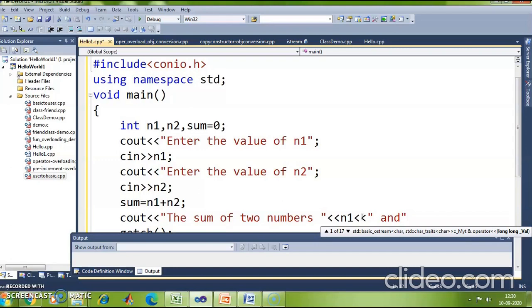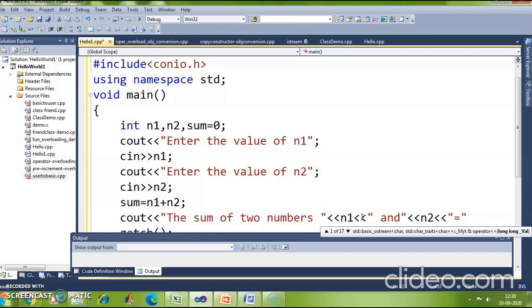So, I will put an insertion operator and mention the variable name whose value has to be printed. So, I mention here n2. Now, I need to also print the sum, right? So, I will put an equal to operator. Okay. So, the equal to operator is also a string. So, I mention it in double quotes.